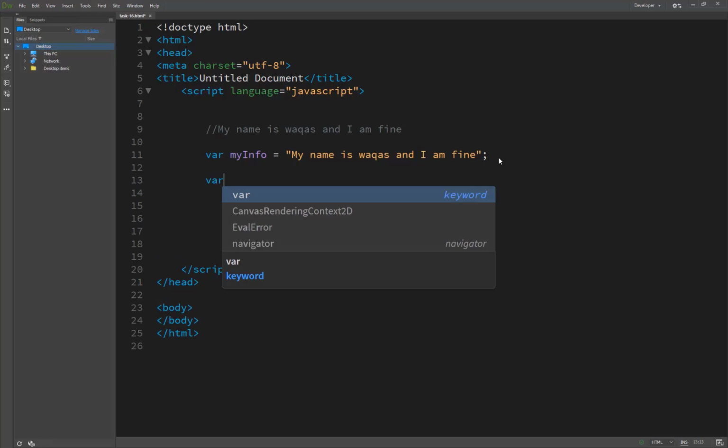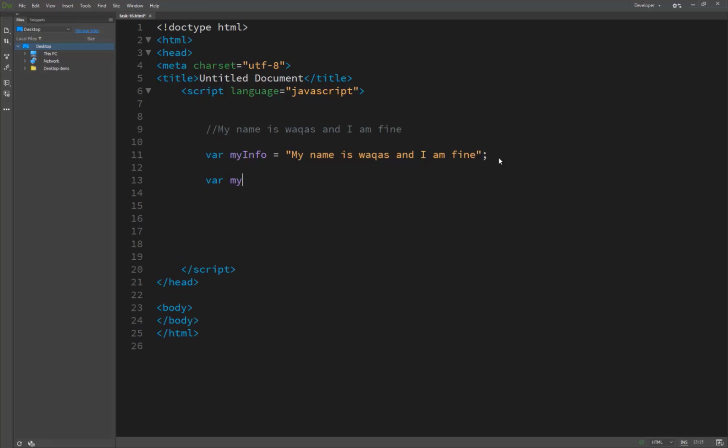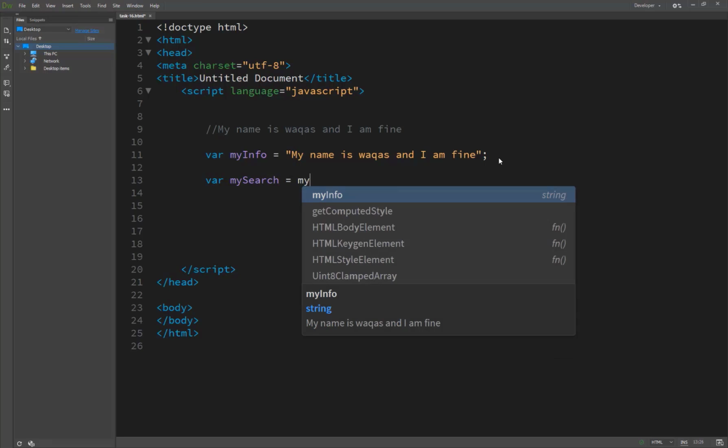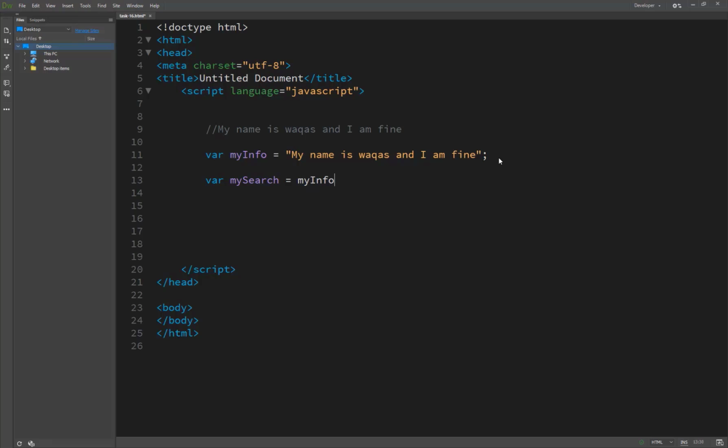So we create a new variable called my search, equal to my info, our first variable, and then dot search.